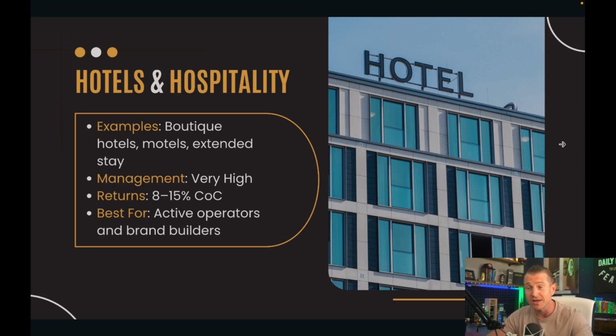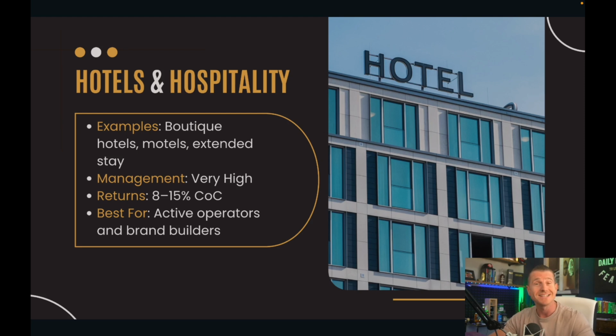Well, you buy a hotel that has 20 or 30 or 50 or 100 rooms, right? So boutique hotels have really become more popular over the years. It's a good way to get outside of the Airbnb and permitting legislation that hangs a lot of people up or restricts a lot of people from making investments in commercial hotels. You don't have to worry about those types of restrictions. You got motels, you got extended stays, you got flagged hotels, right? The name brand type of hotels that already have operating teams and systems in place. So a lot of different variation when it comes to boutique hospitality, but something that you can think about.